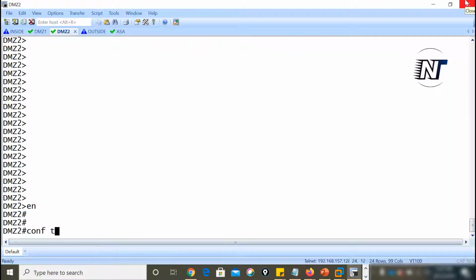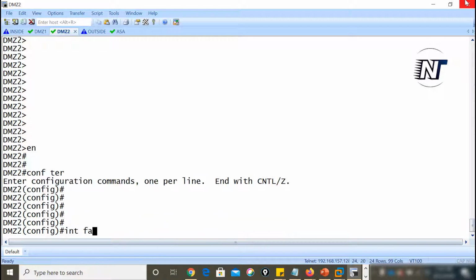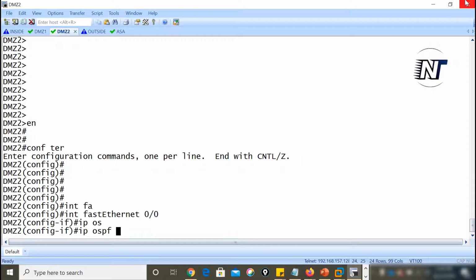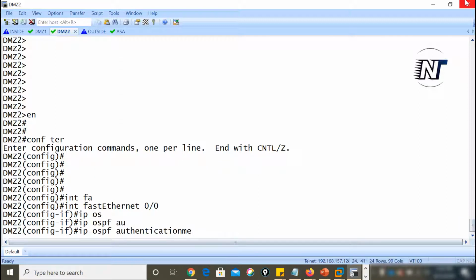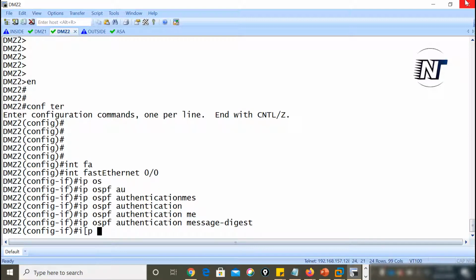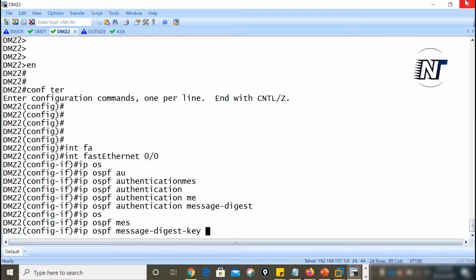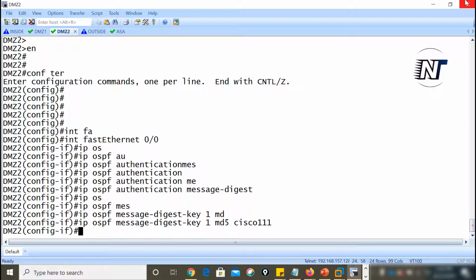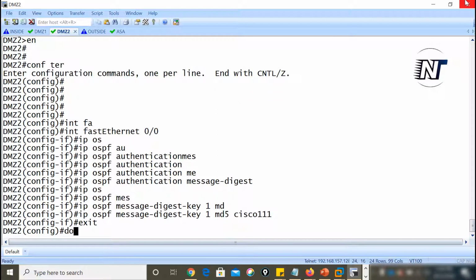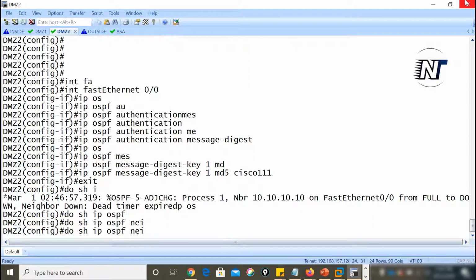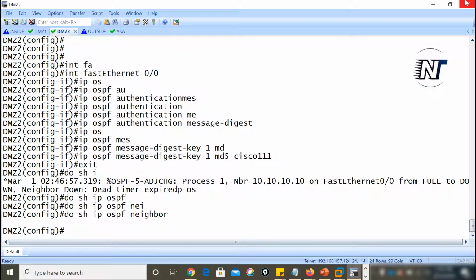Enable, config terminal, interface FastEthernet 0/0, ip ospf authentication message-digest, enter. ip ospf message-digest-key 1 md5 Cisco, suppose 111. Yes, let's check. Show ip ospf neighbor. Yeah, you can see no entries are available.